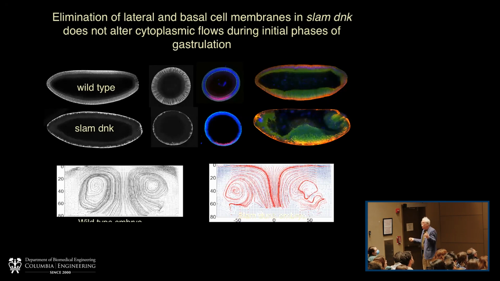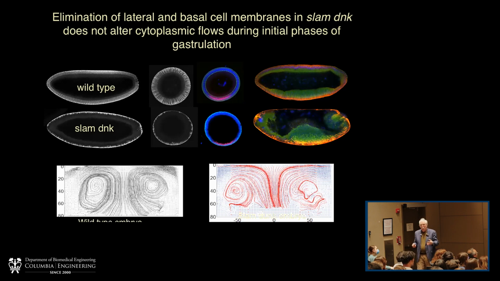And so we can ask, do these embryos gastrulate? Cup half empty, cup half full. Amazingly, they do. So this is the normal gastrula. This is the mesodermal cells moving in. This is the cytoplasmic flow that is elicited in this single large-celled embryo. We can do the bead experiments, measure the flow. The flows are, in fact, the same.